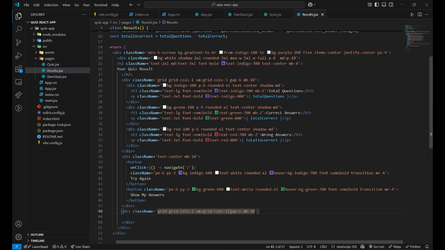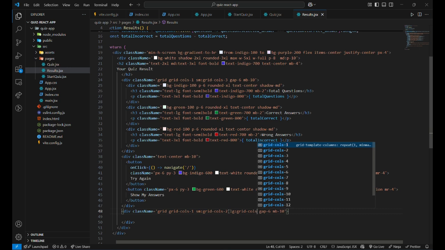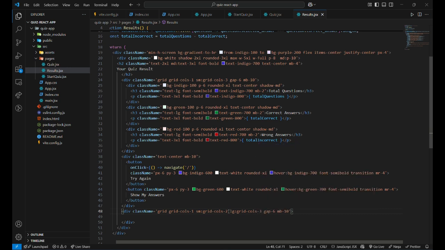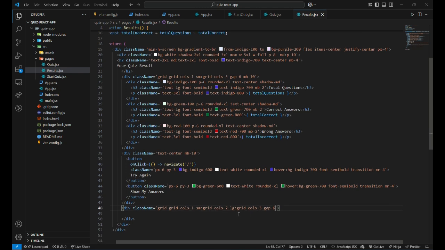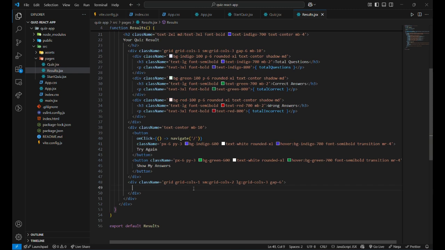And I'm going to modify this and I'm going to give it large. To make this more responsive, I'm going to give it like this, grid cols 3 in large screens. Now inside this screen we are going to loop through each question and print it inside this div,